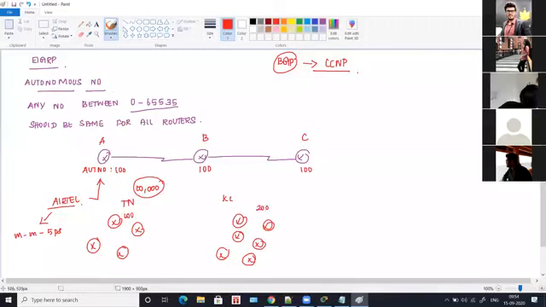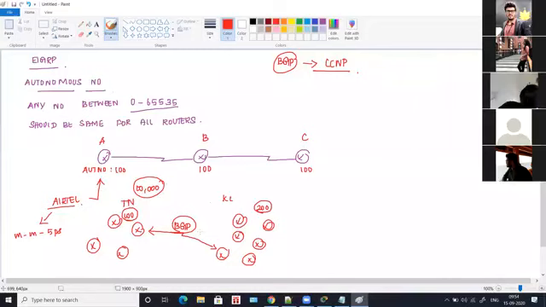But see, from Tamil Nadu, you are also able to make calls to Kerala people, and Kerala people are able to make calls to you, which means you can establish connection between these two routers as well. That is, routers with different autonomous numbers as well. This concept is called BGP, Border Gateway Protocol.